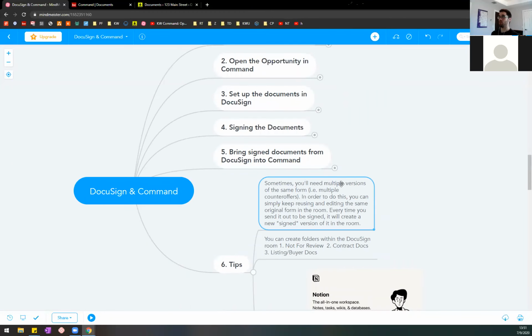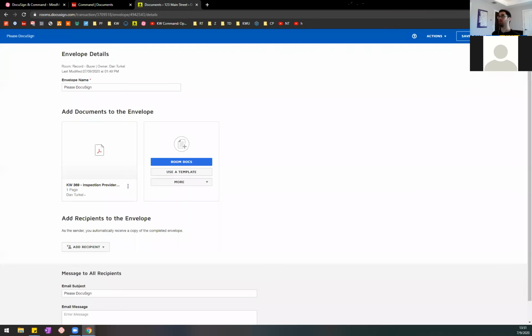Sometimes you'll need multiple versions of the same form, right? Like what if you have multiple counteroffers, okay? So in order to do this, you can simply keep reusing and editing the same original form in the room. And every time you send it out to be signed, it'll create a new signed version of it in the room. Because here's the thing, when you're in DocuSign